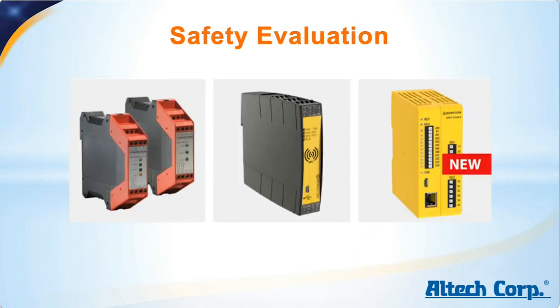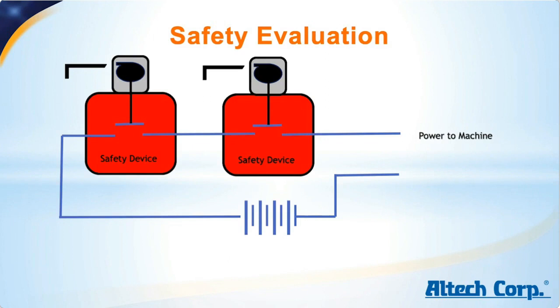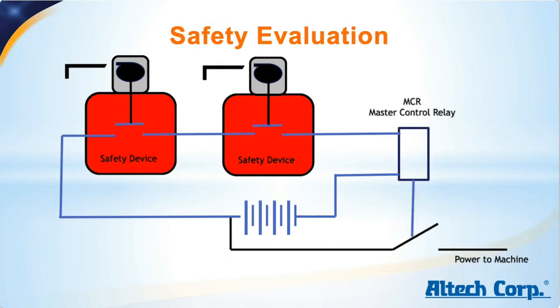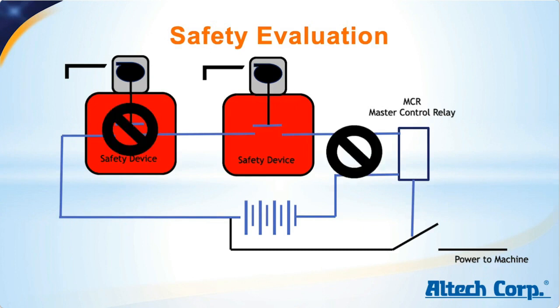I originally started working with safety products about 30 years ago when no one knew what a safety relay was. In those days, it was common practice to run the machine's power directly through the safety switches for smaller machines, or use the safety switches in line with the coil voltage to a master control relay. It worked, but there was no way to detect if the contacts in the safety switch or the master control relay were welded or broken, or if there was a short in the wiring. The only way you found out was when you opened the door or you hit the e-stop button and the